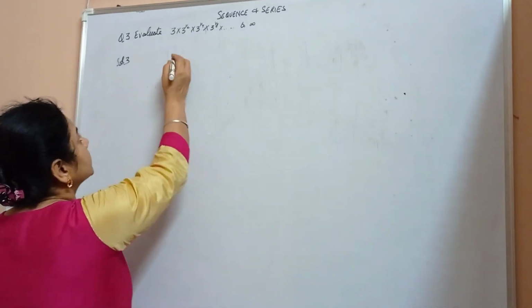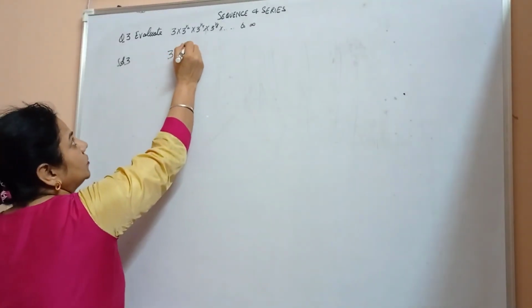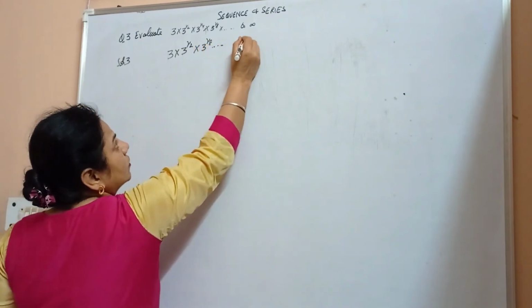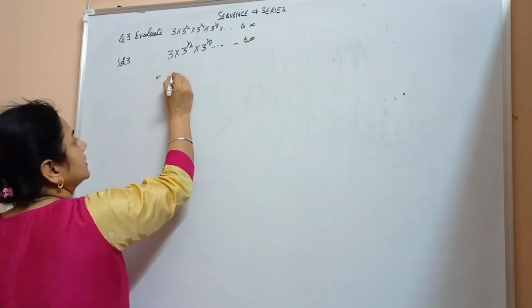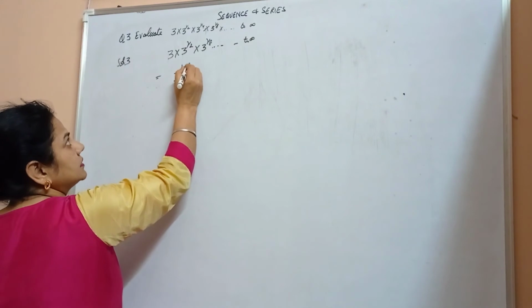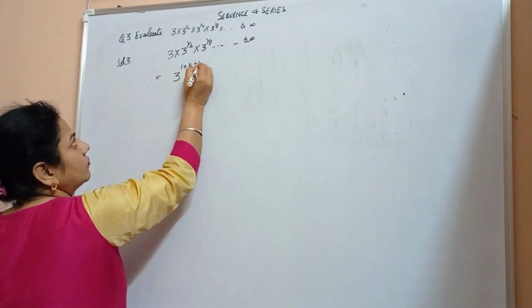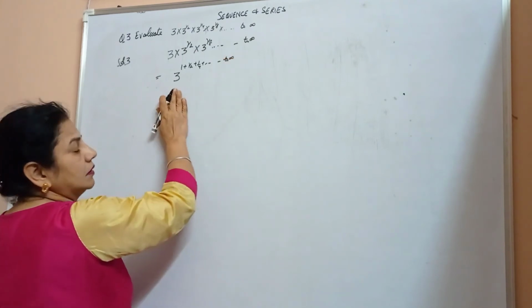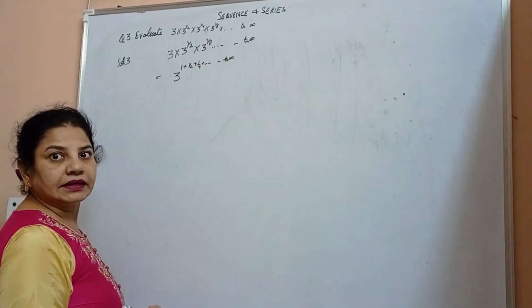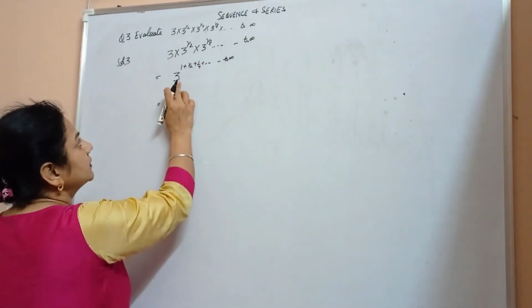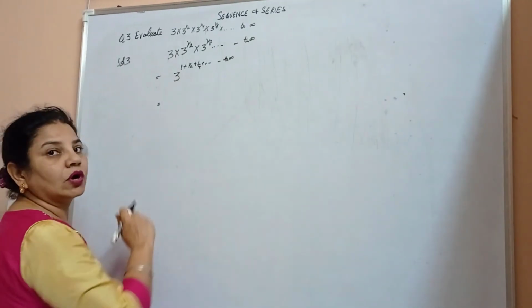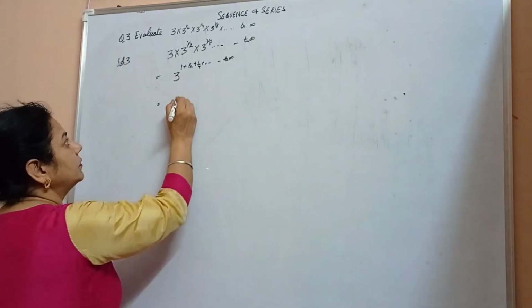So the given expression, 3 into 3 to the power 1/2 into 3 to the power 1/4 into 3 to the power 1/8 and so on to infinity, gives the result 3 to the power (1 plus 1/2 plus 1/4 and so on to infinity). The base is the same and the powers get added. We observe that these powers are in GP, whose first term is a, and the common ratio is 1/2. So we have 3 to the power